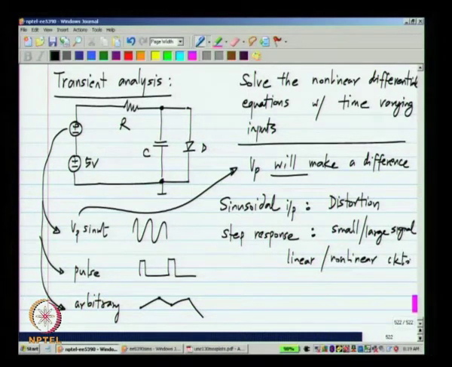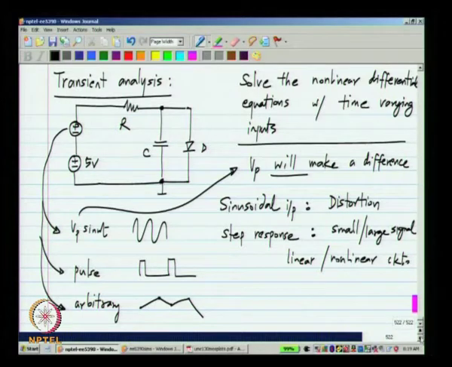In case of linear circuits, step response characterizes the transfer function, and in case of nonlinear circuits also you may be interested in how the circuit behaves when you apply a step. And of course, you could apply any other kind of signal and also evaluate the response.